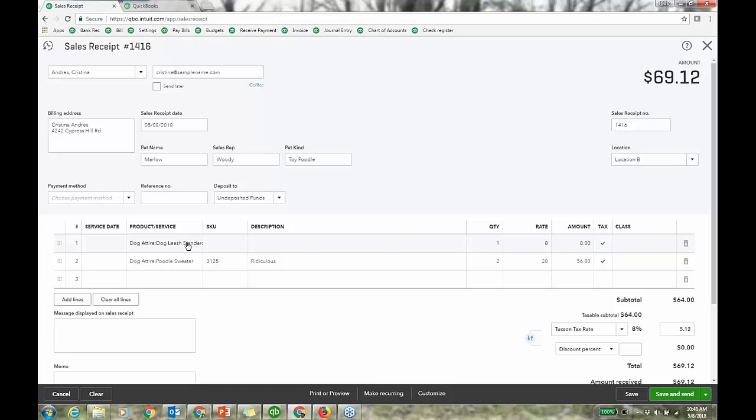So I have that sales receipt. I show this, these custom fields, other things you can do. We'll click Save. And then, reporting, I should be able to add. If we go to reports,